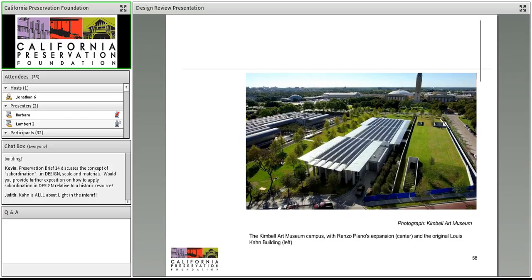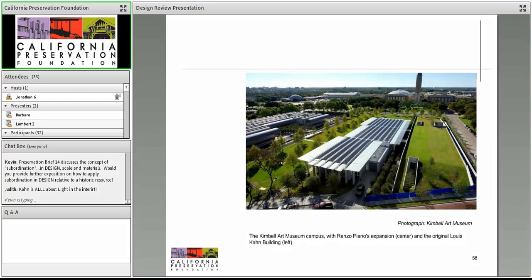To make something subordinate, I think the first step is often the scale and massing of the new addition. In the case of an addition to the building, that's one level of approach. When it's one of the examples we saw earlier, an addition to the property as a separate building, or the one that we're at now, the issues of scale tend to be a little bit different. It's maybe more a question of massing, so that the addition is not overwhelming the historic